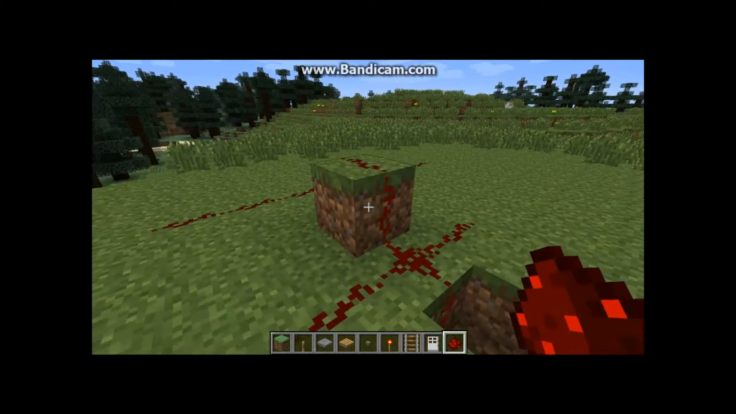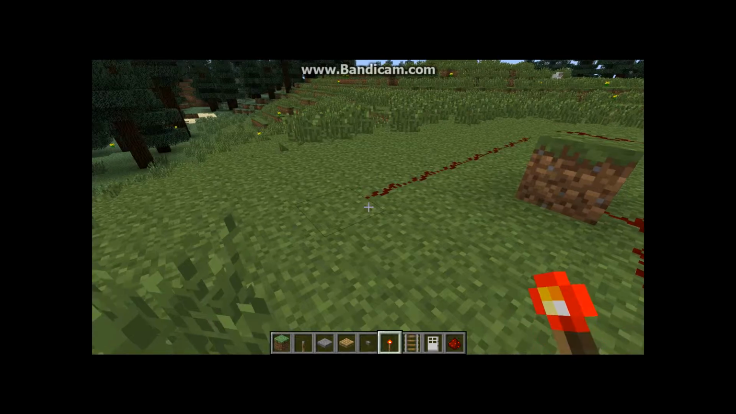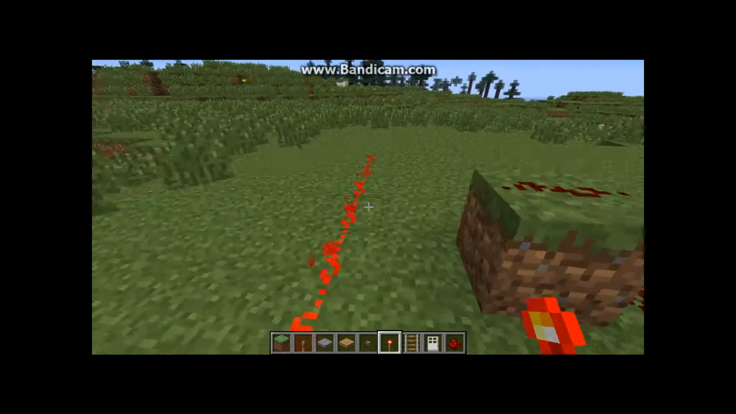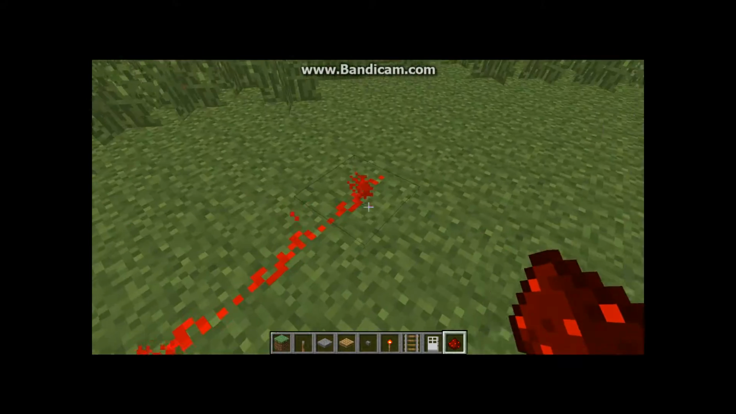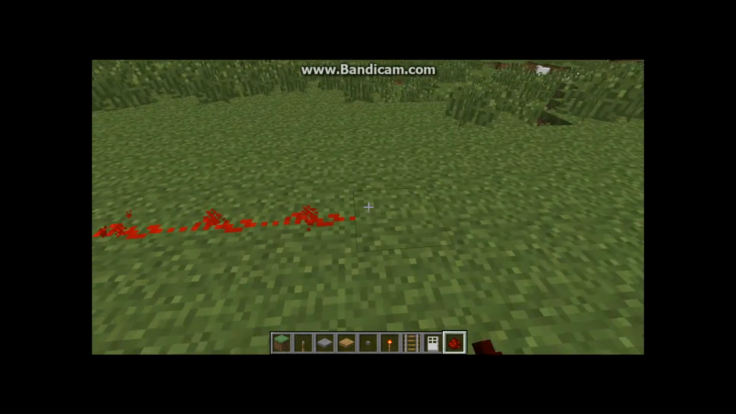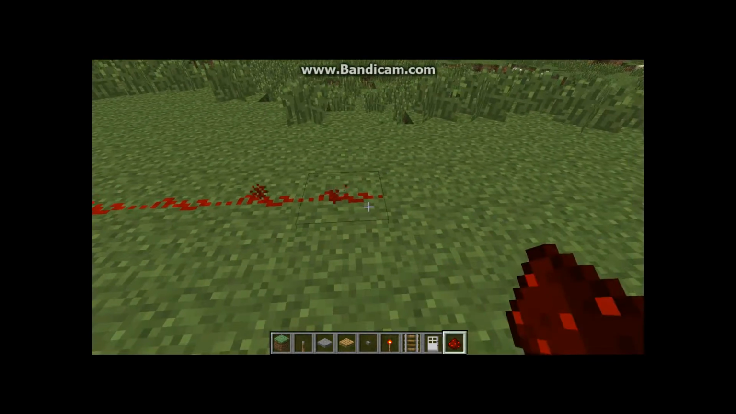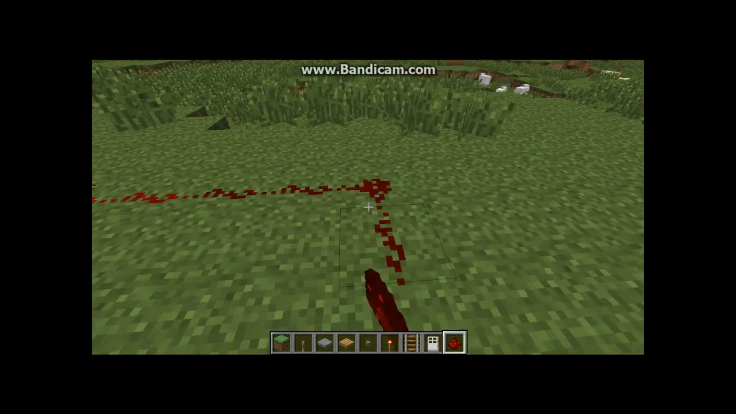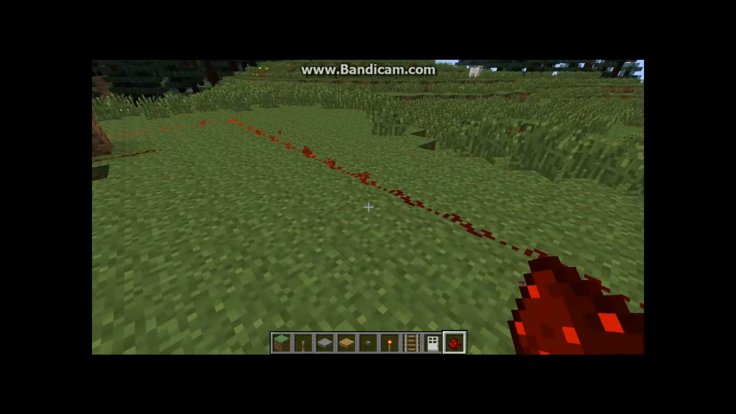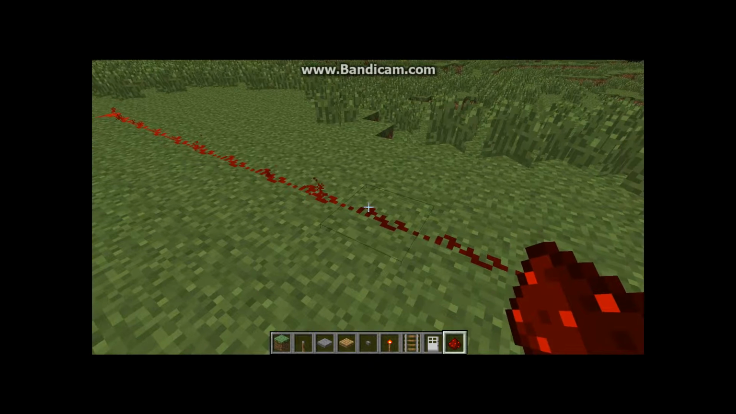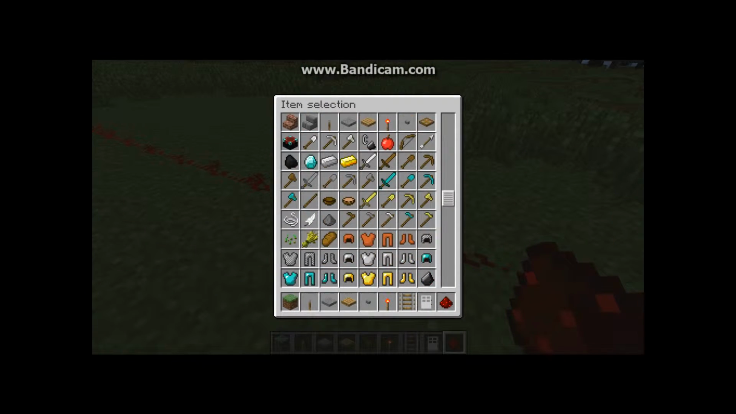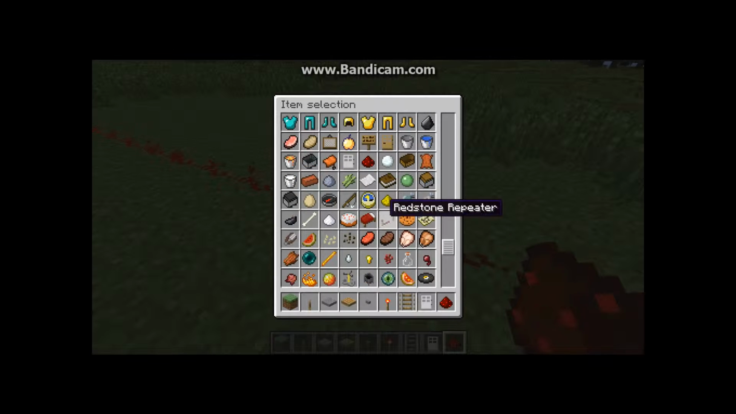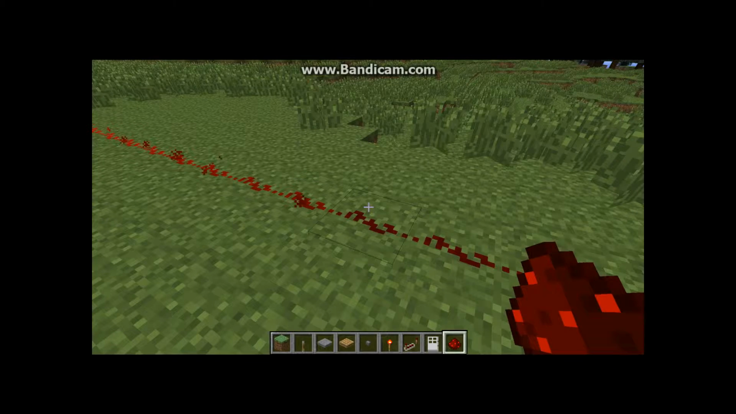So that's how it works, and redstone power can carry along 15 blocks of redstone wire. You'll see it's lit and it's got redstone particles coming out, but it will only go 15 blocks, and then it stops like this. To get it to go further, I just need to get this into my inventory. You need a redstone repeater,